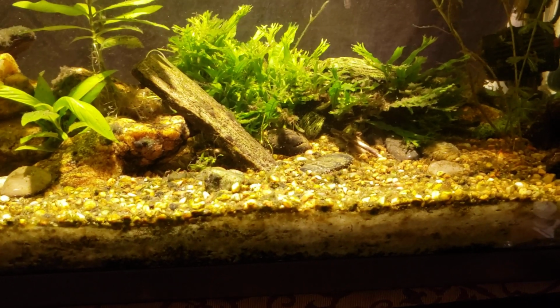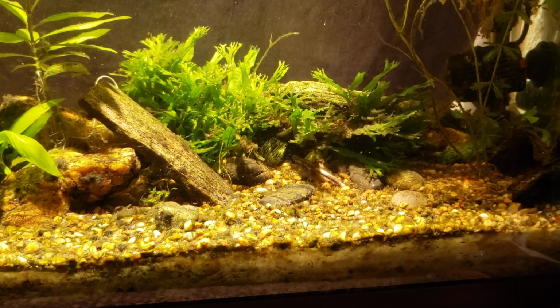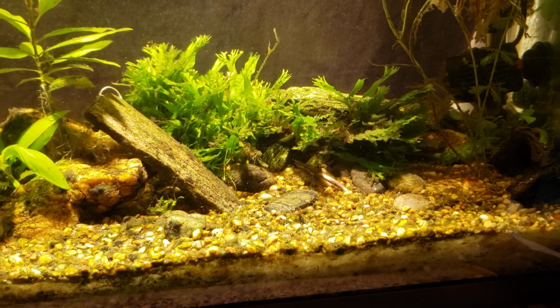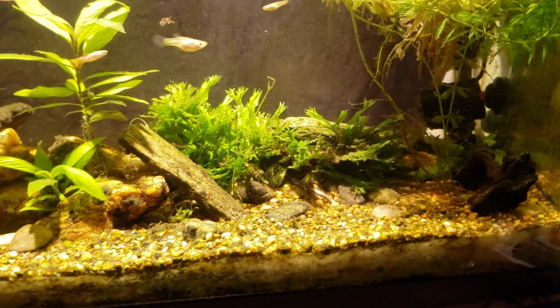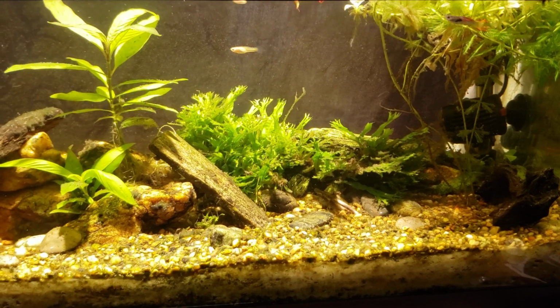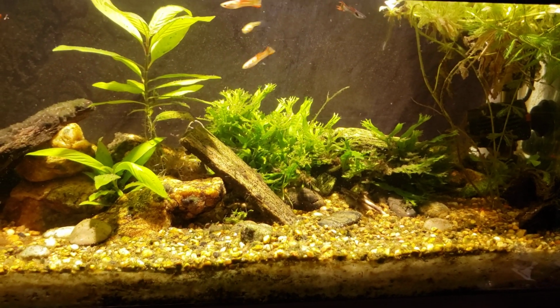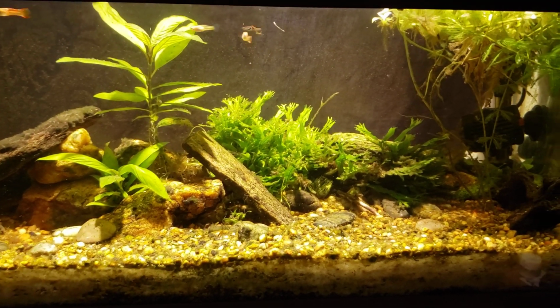wish my little Episto would come out and say hello, but it's kind of freaked out. It's still pretty skittish and shy. It won't even come out when I feed it. It will come out after I feed, provided I put the food in the tank and then just go sit down, in front of the computer or whatever. I can look over and I'll see it come out and feeding. But as soon as I stand up or start moving around, it goes and hides again. So it's probably going to be a while before we really get any good solid video of my little Episto